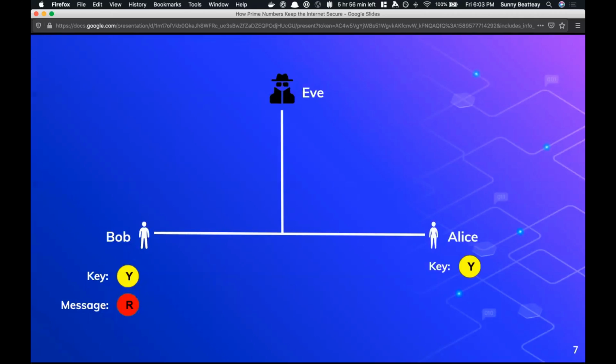to send to Alice. And even though he doesn't know that Eve is listening in, he knows that someone could be listening in. So what he's going to do is encrypt his message using his key to get the cipher orange. He's going to send his cipher across the wire to Alice. Eve, listening in, will be able to intercept that message, and so both Eve and Alice will get the cipher. However, only Alice has the key, therefore only Alice is able to decrypt the cipher back into the original message red. Eve, however, does not have the key, and so she is stuck with the cipher orange.